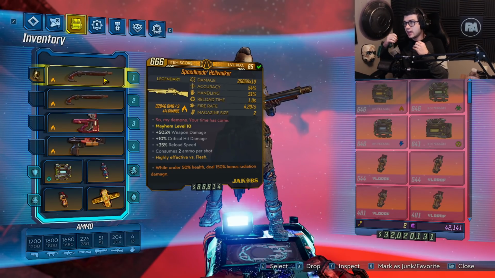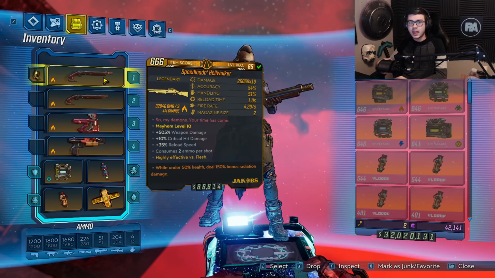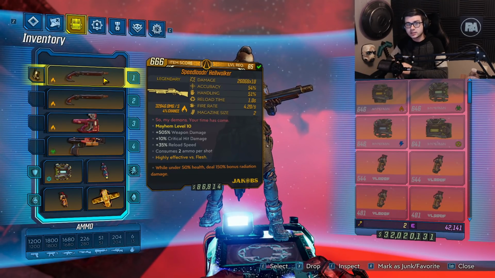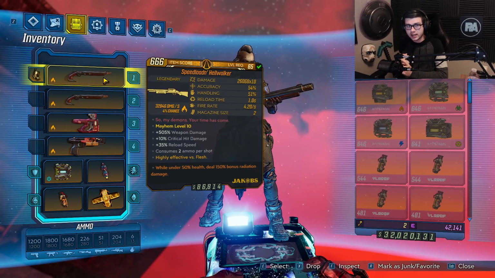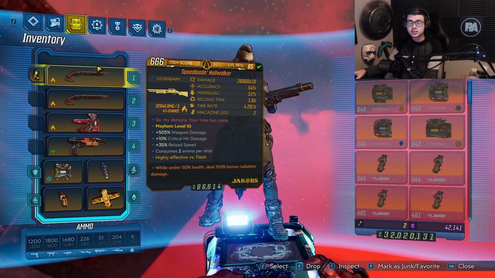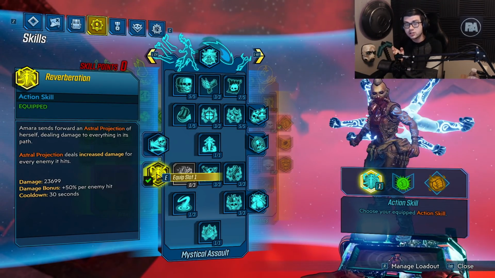So now you have a very solid element to take down most enemies in the game, and you can run a corrosive Phasecast to kill armored targets as well. Or obviously you could double dip and take a shock action skill element or incinerate action skill element to make the radiation even stronger. Now speaking of action skills, I'm going to be running a Reverberation Phasecast,